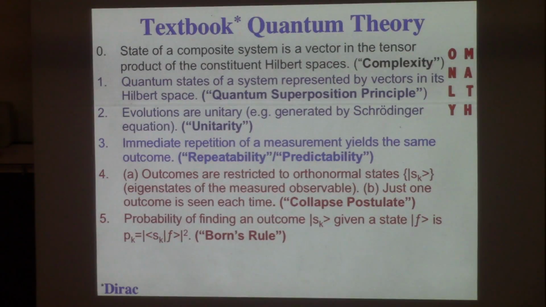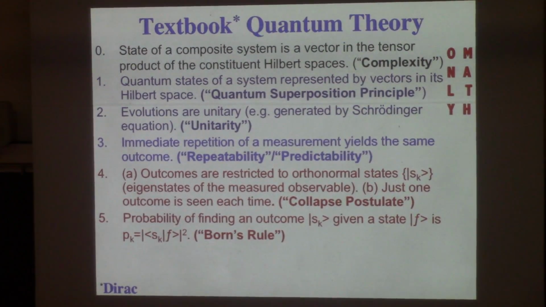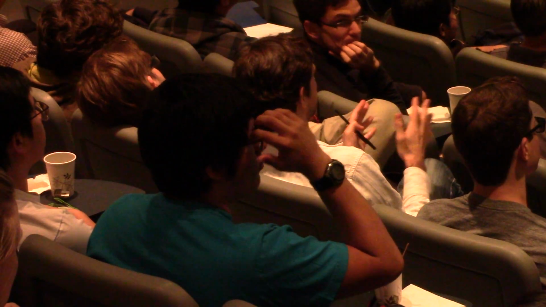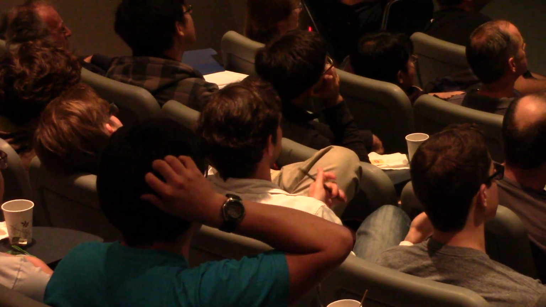4 and 5 come always in blue, especially 4. Question? Isn't 3 in a way assuming 4, in the sense that you are measuring in an orthonormal, orthogonal basis at least? So I'm going to get there basically as the next transparency. You are right. It anticipates 4, right? But it doesn't give you the whole thing.